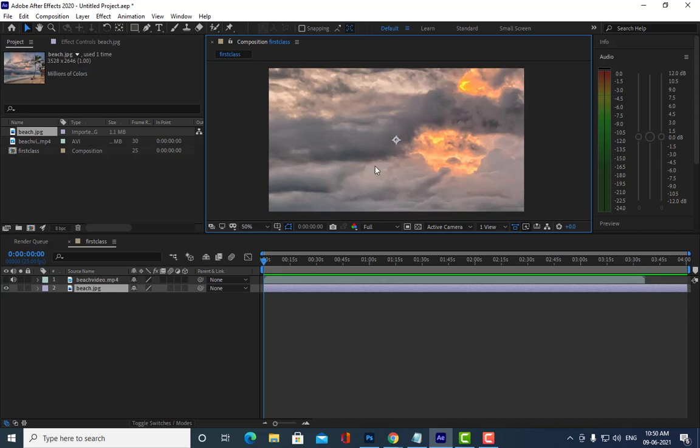Why? Because you have to first modify the transform options of your image or video. See, what are transform options?